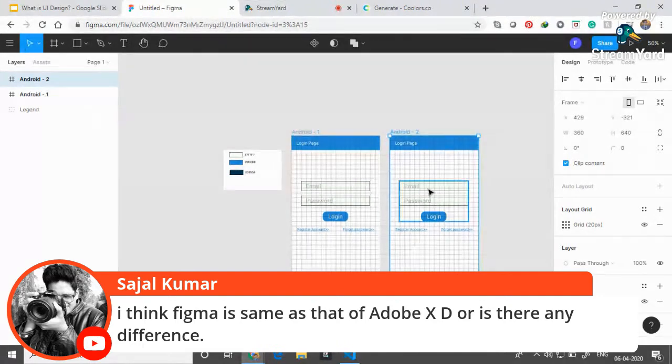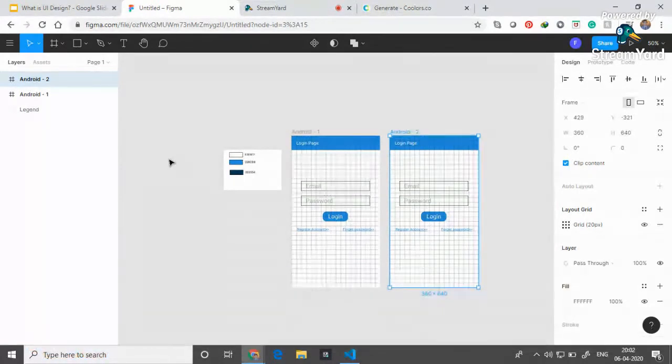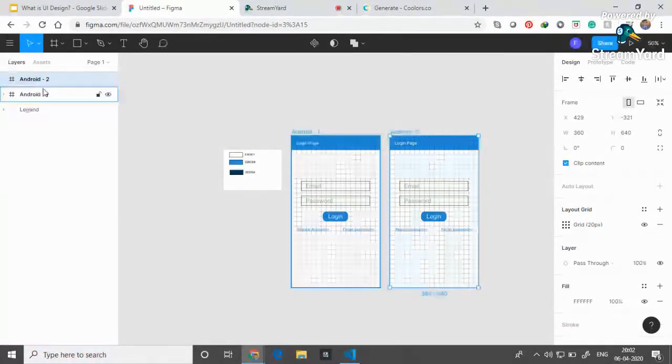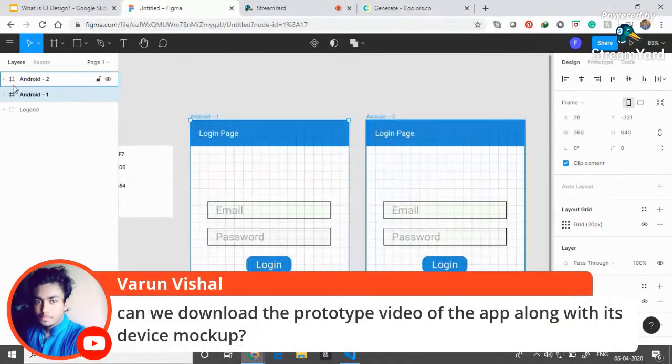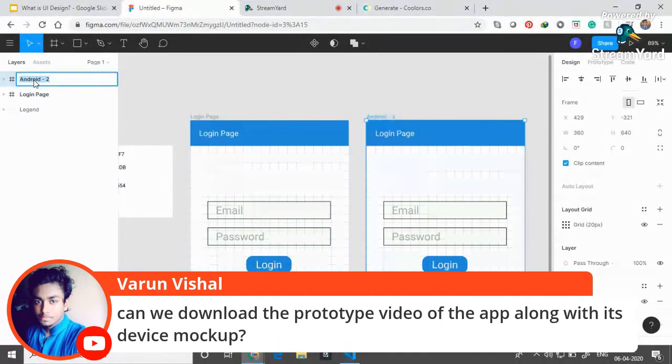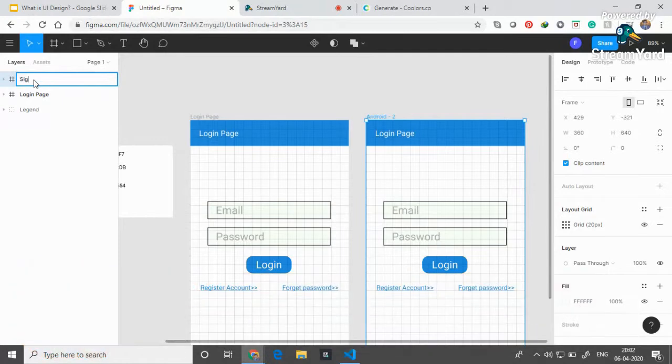So if you want to design that, why design the whole thing from scratch? If you can reuse the previous design, why not do that? So just press Ctrl plus D on one of the selections and it will duplicate it on your screen. Then rename the first one as login page, rename the second one as sign up page,